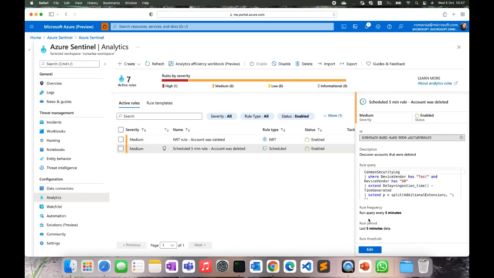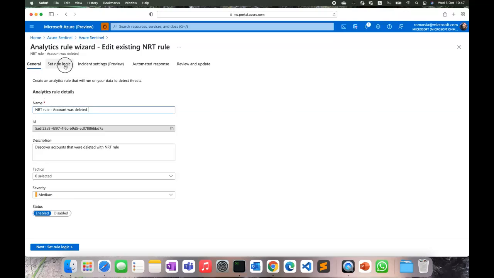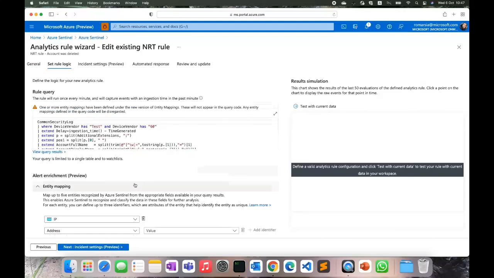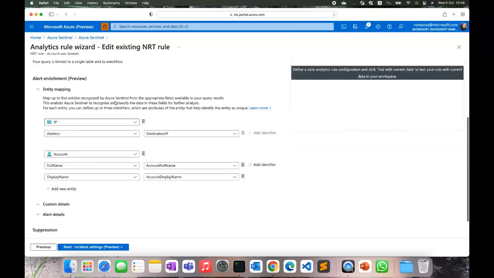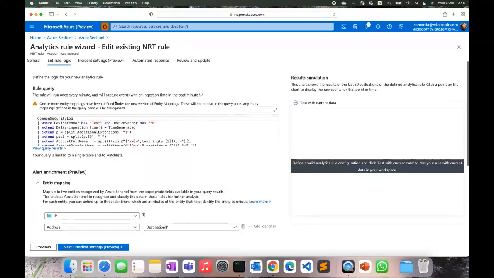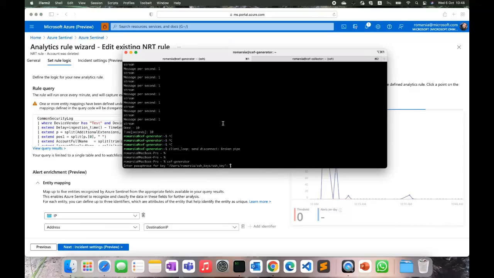Both will have the same entity mapping, custom details, and dynamic content settings. But for the NRT detections, we will not need to set any scheduling because the rule is going to get executed every 1 minute. Both will have the simulation abilities like we used to have before, and the query. To kick off the simulation, we'll start by sending the mock data. So we are going to log in into